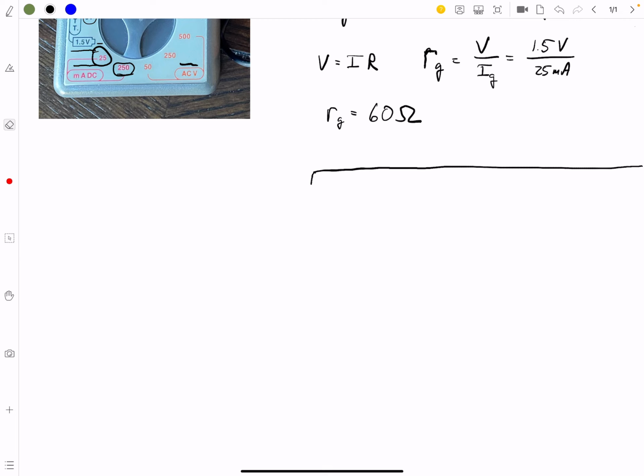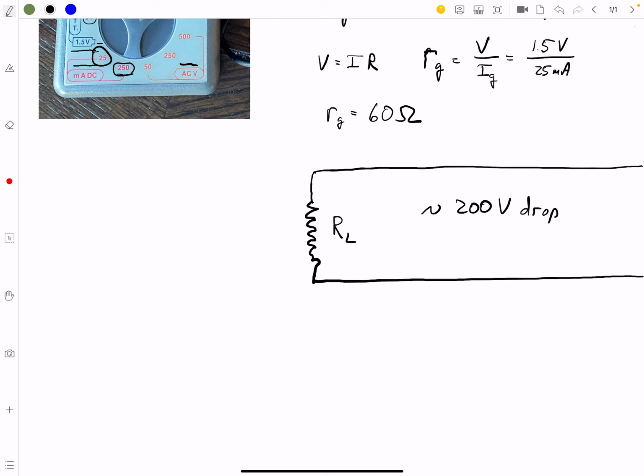We know nothing. Okay, there's our circuit, and we have an R load here. And we suspect that it's approximately a 200 volt drop. Okay, you kind of have to have a good idea of how many volts you're going to see dropping across the resistor to do our thing,